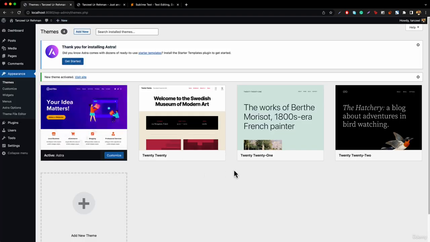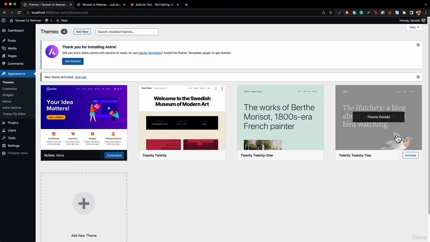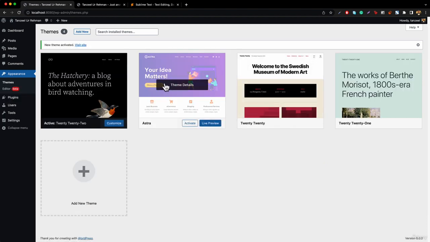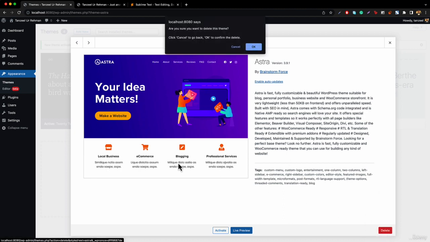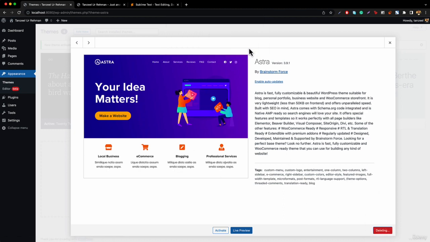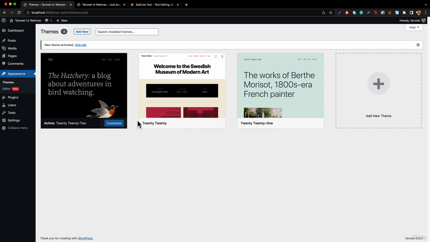Now what we will be doing is switching back to the theme that we were actually on. We will hit on Activate. Now we will click on this Astra and delete this theme so that we have a fresh start. And from the next lecture, we're going to be taking a look at the WordPress dashboard overview,